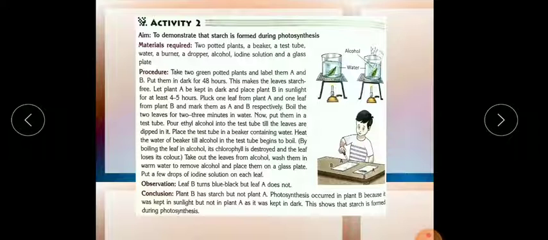All right, so photosynthesis occurred in plant B because it was kept in sunlight, but not in plant A because it is kept in the dark. So here what will happen, they have kept plant A in the dark, as you can see in the third line, only plant A in the dark and plant B in the sunlight. So the de-starch process is going on with plant A. Okay, now understood this thing, the steps are the same.